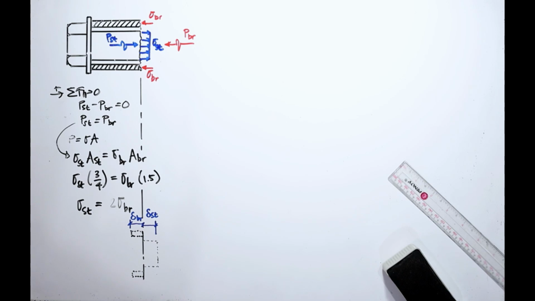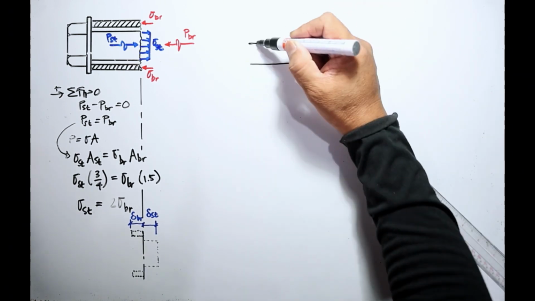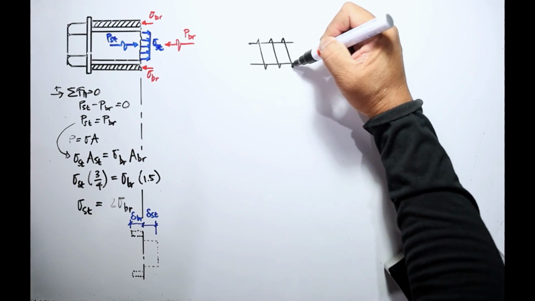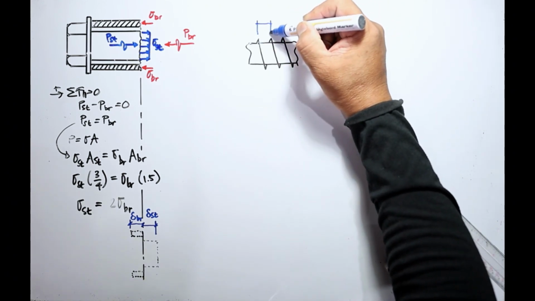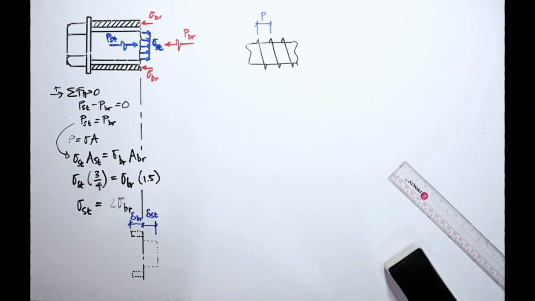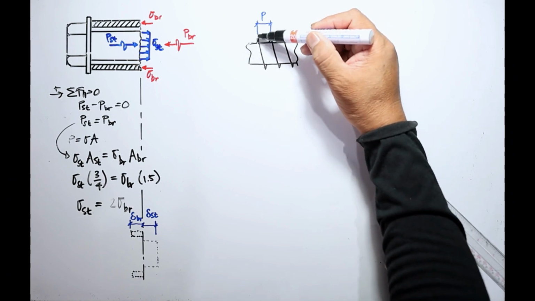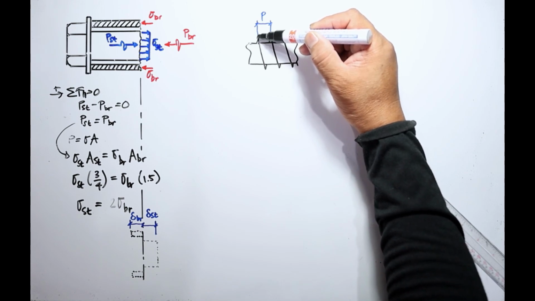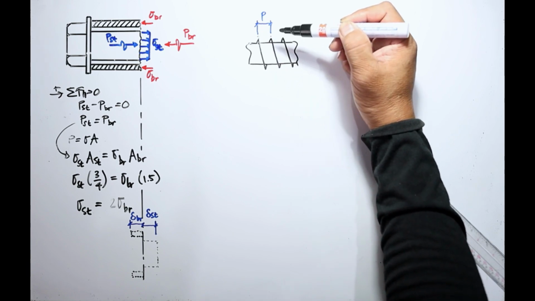What's next? Next is about the pitch. The pitch is given to be 1 over 32. So what is pitch? Let's just say, for example, this is the bolt, then these are the threads. The pitch is actually the distance from one thread to the other. This one is the pitch, P. And for one turn of the nut, let's say there's a point here in the thread of the nut, and if we turn the nut, it will go around like this, goes here and up to here. So that's one turn of the nut.